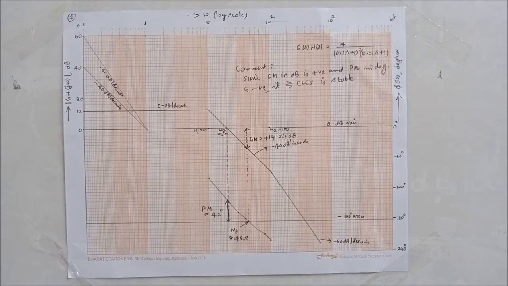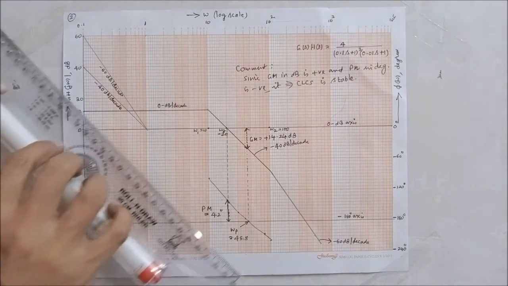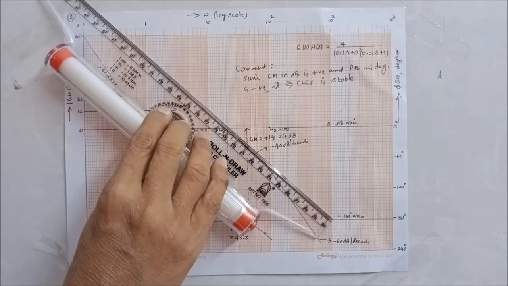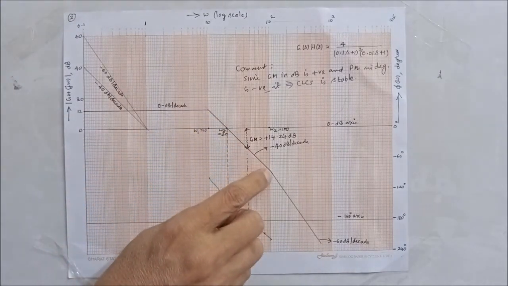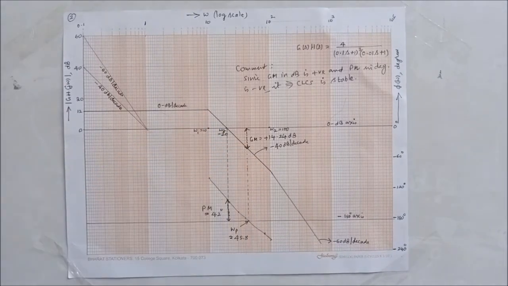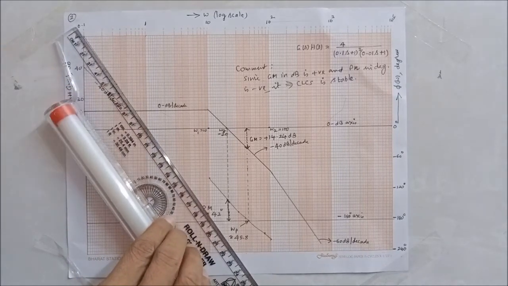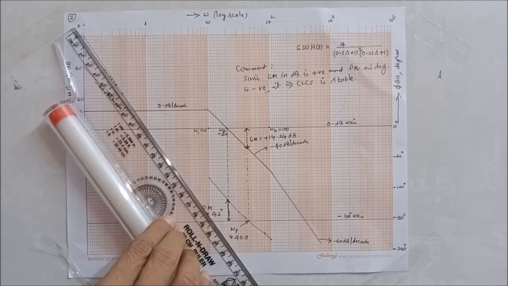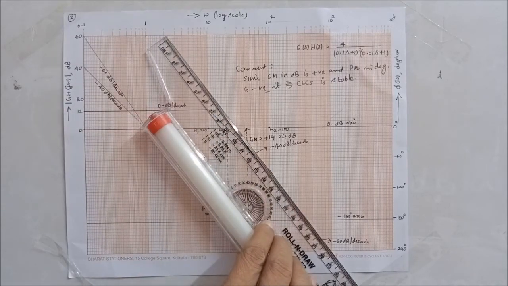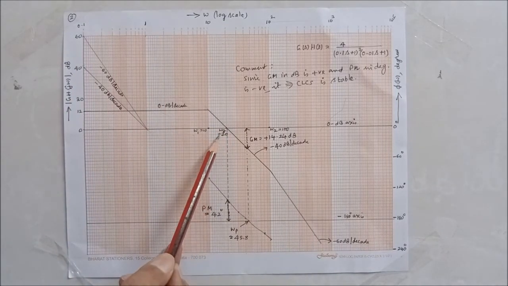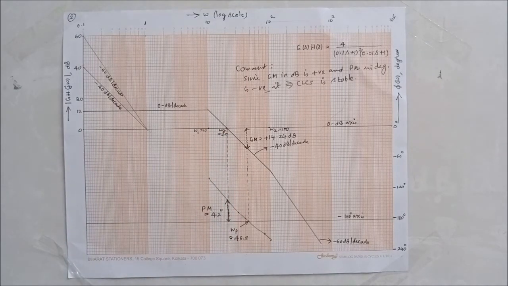I repeat once again. Roller scale plays a very important role. This I'll keep on minus 40 and I'll slide it to omega 1. And I'll draw this line of slope equal to minus 40 between omega 1 and omega 2. Beyond omega 2, slope is minus 60. I'll keep the roller scale on this reference slope line and slide that line to omega 2 to get a slope of minus 60 decibels per decade. The magnitude diagram crosses 0 dB axis at omega g equal to 20. Omega g is called gain crossover frequency.